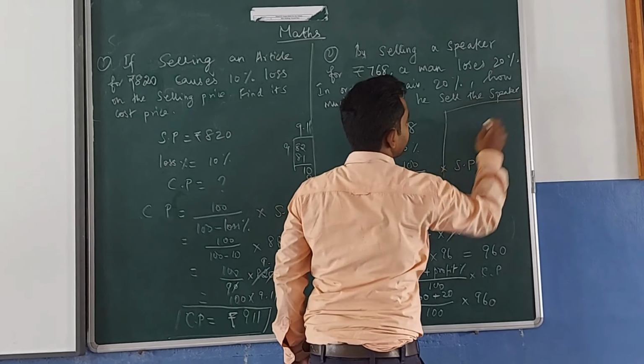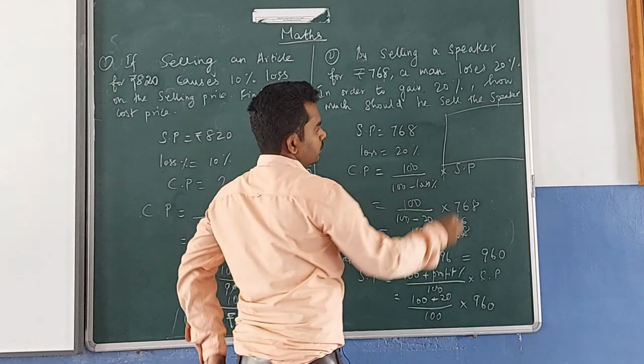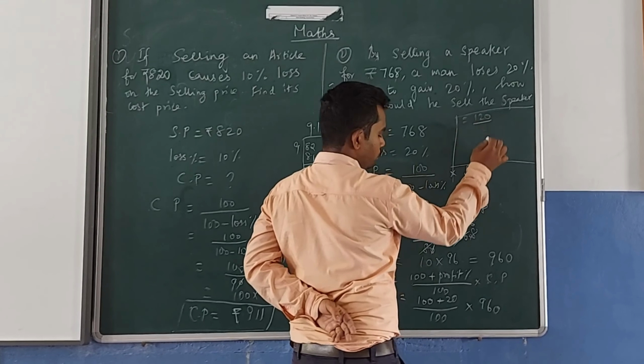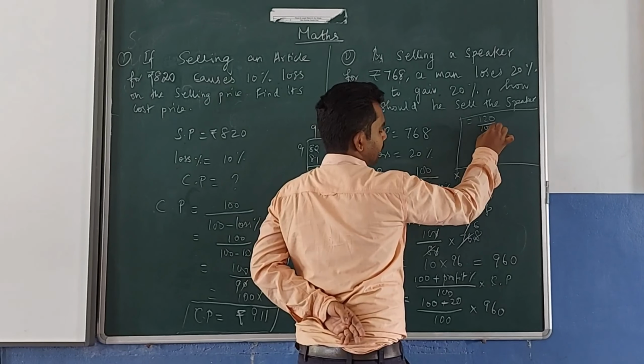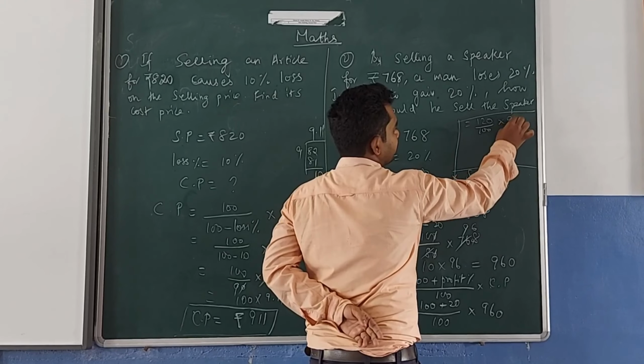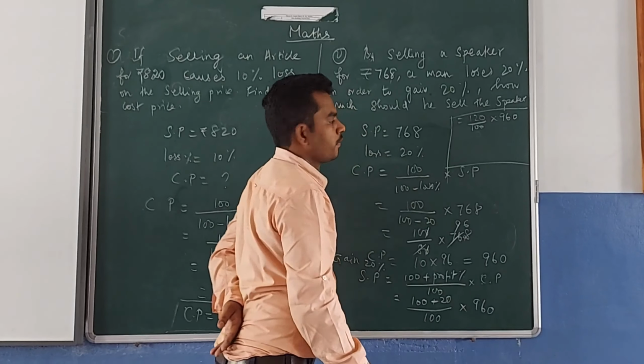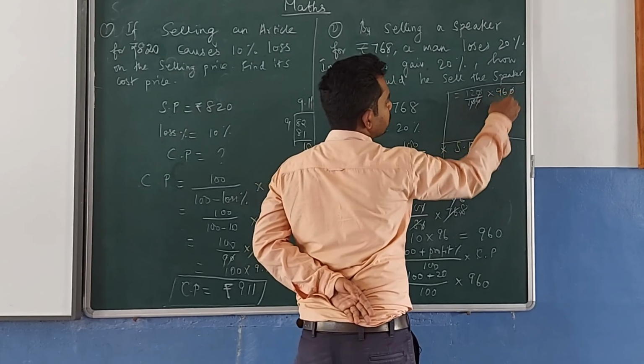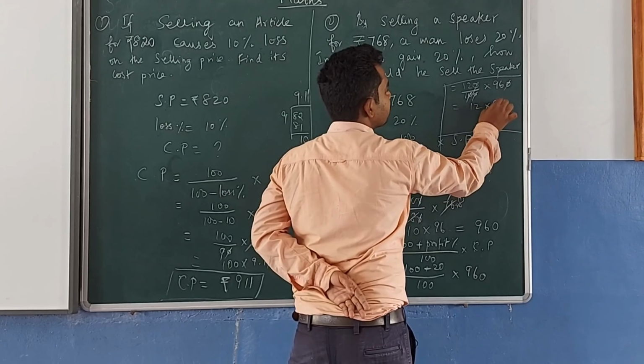I write here. So 100 plus 20, 120 into 100 into 960. So here 10 10 is cancelled, here 10 10 is cancelled. 12 into 96,